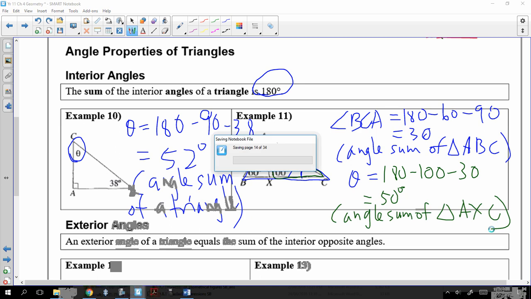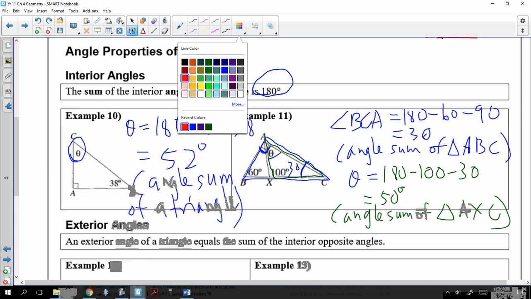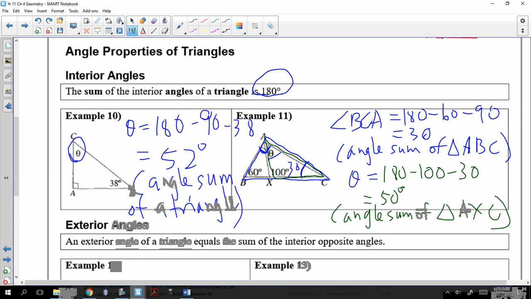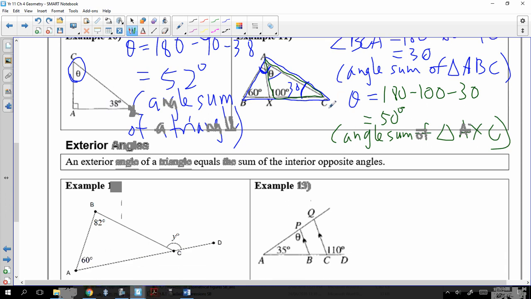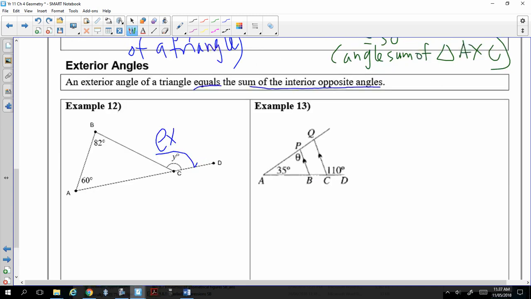Okay, we got another rule we're going to learn, which is very useful, called the exterior angle. Exterior means outside. What's exterior angle? The exterior angle of a triangle equals the sum of the interior opposite angles. So what that's trying to say is, this is the exterior angle and equals the sum of these two. Okay, so you write y equal to 82 plus 60,